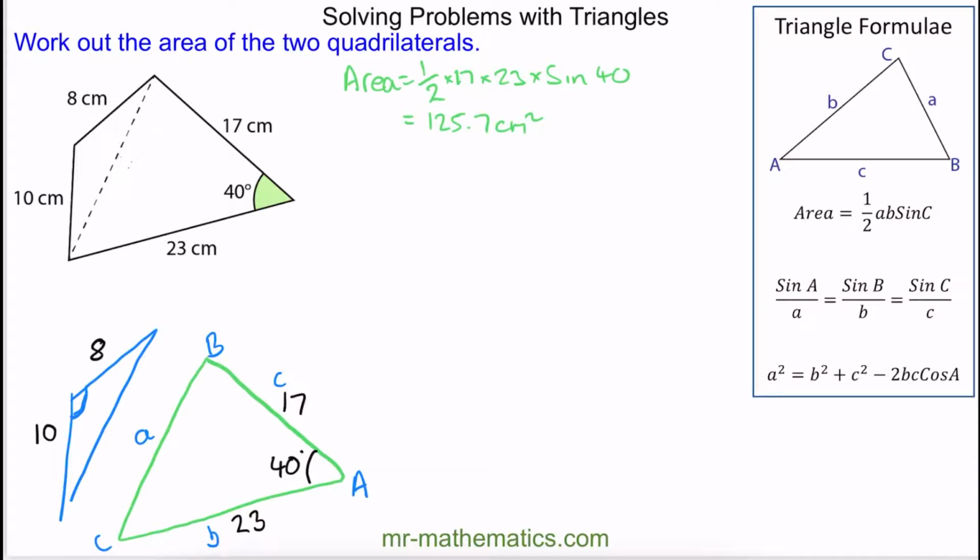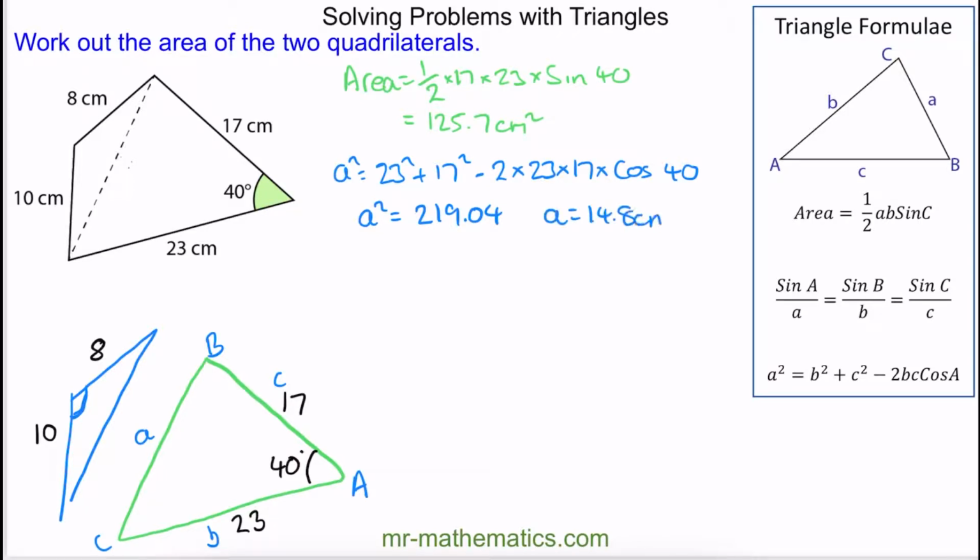So using the cosine rule, we know that A squared will equal B squared plus C squared minus 2 times B times C times the cosine of the angle A, which is 40. So A squared is 219.04, we'll take the square root of both sides, so A is 14.8 centimetres, which I can mark on